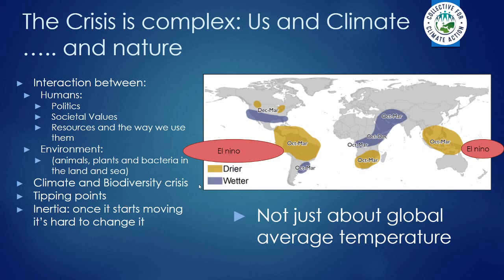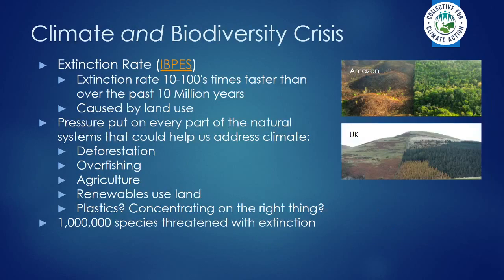And we also refer to the biodiversity crisis because of the amount of extinction that's happening. But it's important to remember as well, it's not just about global average temperature, which we talk about with regards to 1.5 degrees or 2 degrees, because it has different effects around the world. And this is just as an example. El Nino is that climate phenomenon which has different effects when it kicks off and warms the Pacific, making it drier in South America and South Africa, and wetter in sub-Saharan Africa, Arab states and North America, and even changes things in Europe. So it's really kind of unintuitive, but it's a bit like the butterfly effect. It has effects really far-reaching all around the world in different ways.